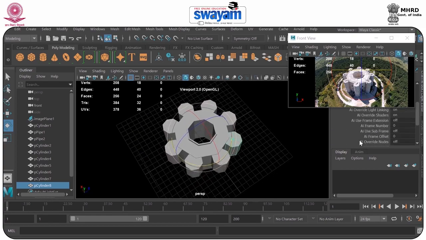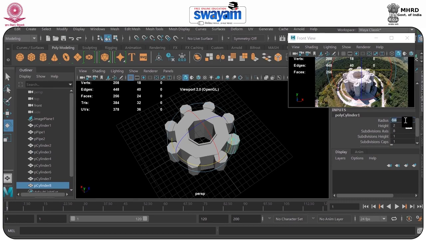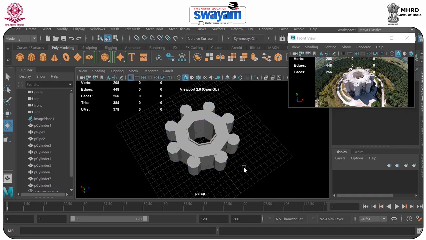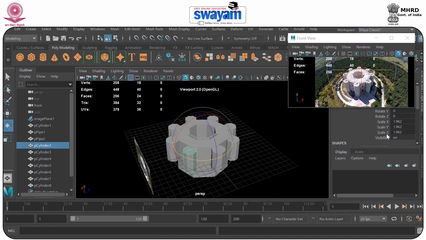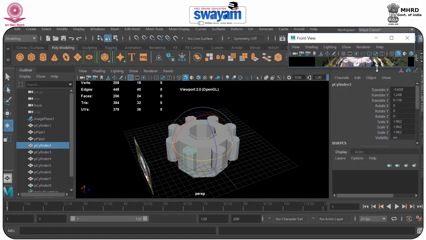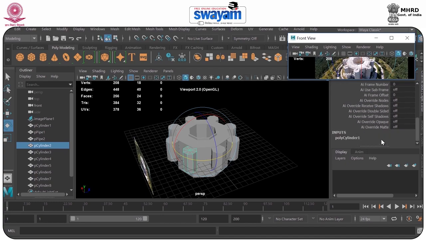Now here, if we modify the input node of any of these objects, automatically the entire cylinder radius is going to be changed. Why? Because we had chosen the instance option here.